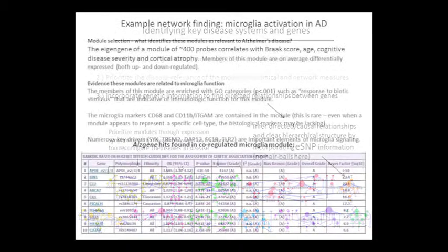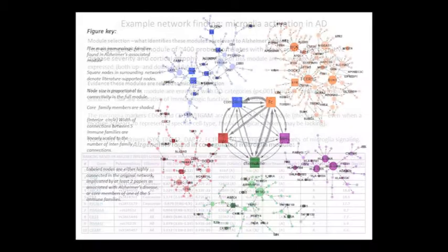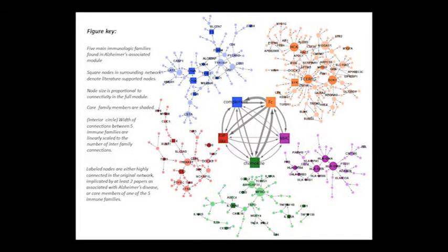When you do this, you can go in on a particular question, looking at microglial activation in Alzheimer's. You can do the eigengenes of the modules, look at particular probes, and begin to ask what are the controlling genes, the genes most likely to drive the effects in other genes. And what came out of this, which blew our mind, was that sitting in the middle of Alzheimer's, the core drivers were 5 components: complement, the Fc receptor, MHC, chemokine, and the toll-like receptors.